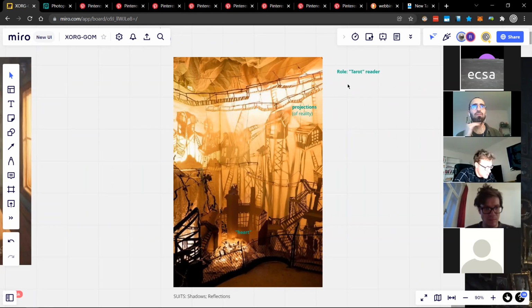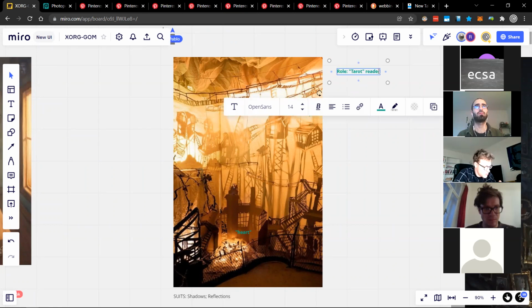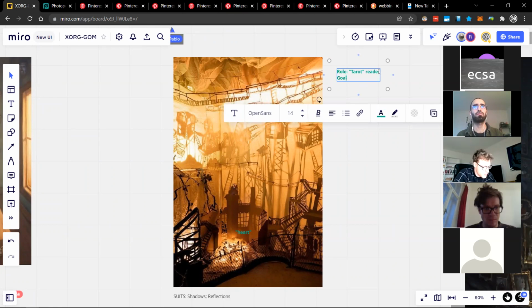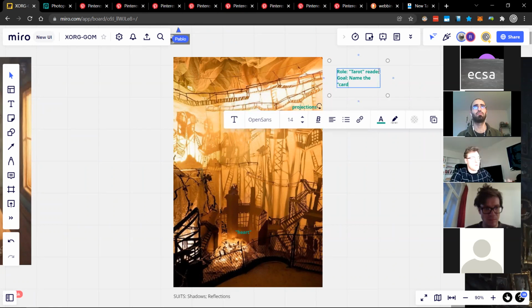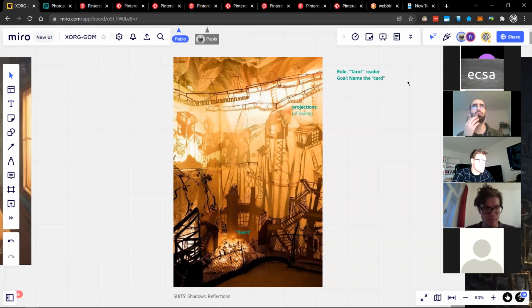But similarly, let's see if I can write into the same text box. If I put like this, goal, oh God. So, okay. If I put a goal, like say name the card, if this is now a card, a similar change has happened. And I could put a rule here and the same thing happens as well.